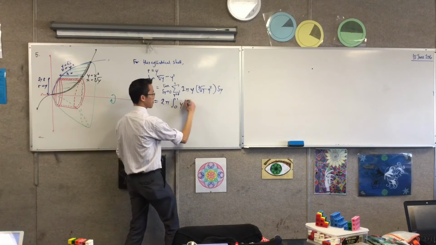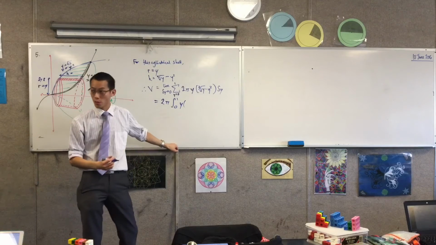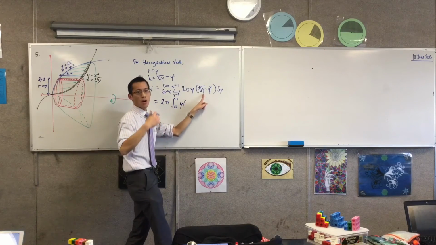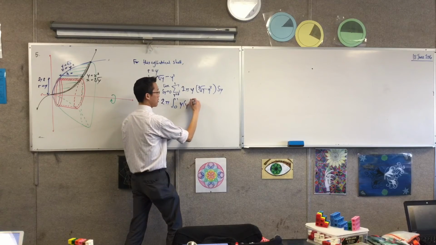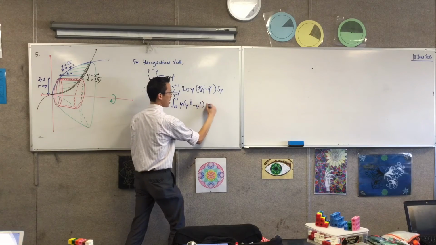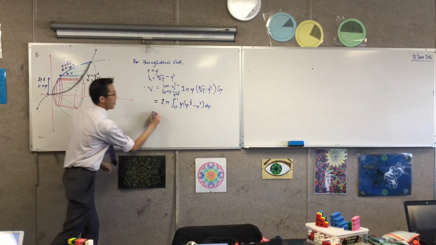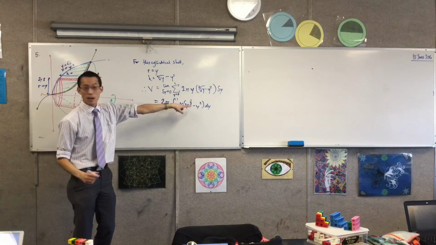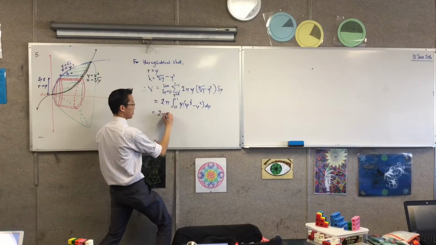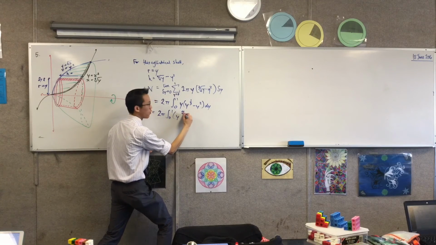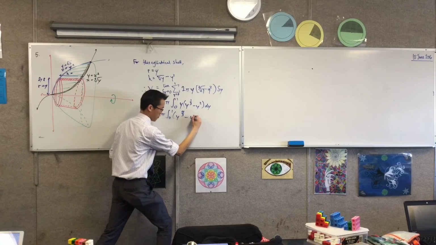I'm still going to leave this as a product, but instead of writing the cube root of y, I want to make it easier for my integration. So in fact, that's y to the power of a third, minus y squared. And that's a dy now rather than a delta because I've integrated. And in here are just index laws, yeah? Just index laws. So that's y to the 4/3 and, cool,